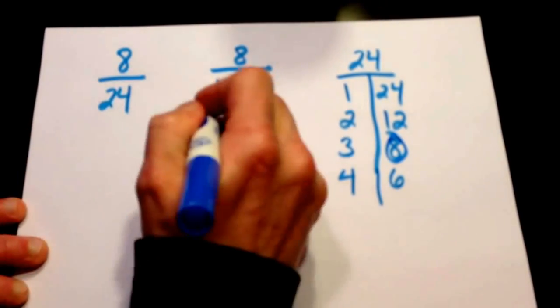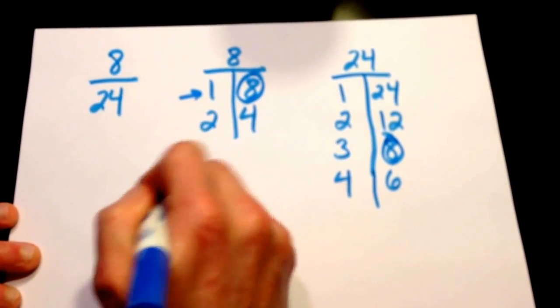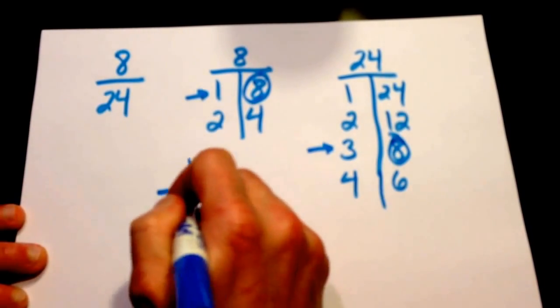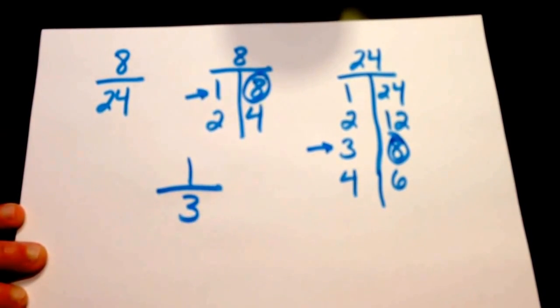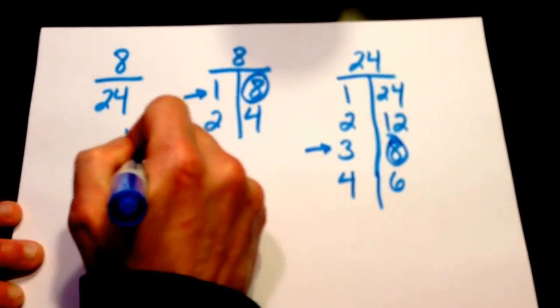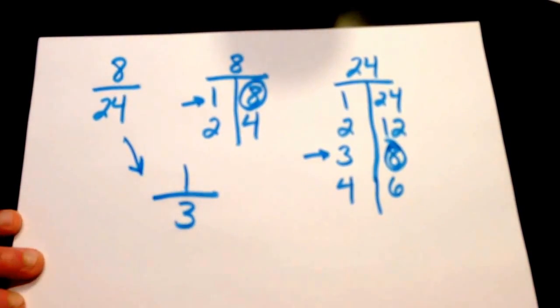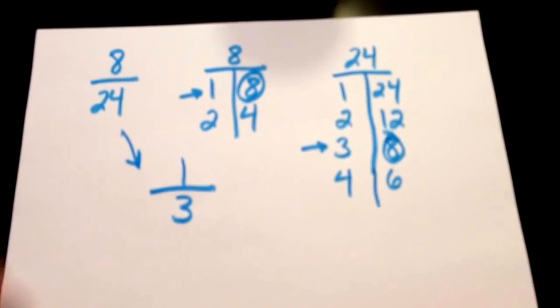So in simplest form, I take my 1 as my numerator, the 3 is my denominator. I've now placed 8/24 in simplest form. And in simplest form, it is 1/3. They are equivalent. Let's try one more. Let's take the fraction